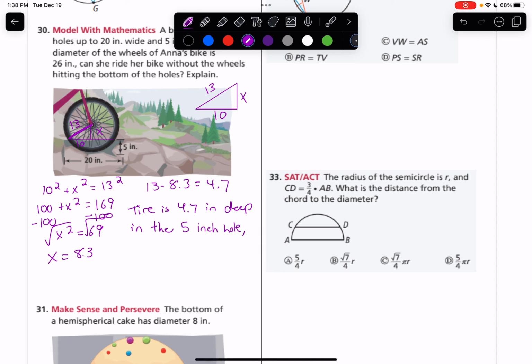So she won't hit the bottom. She won't hit the